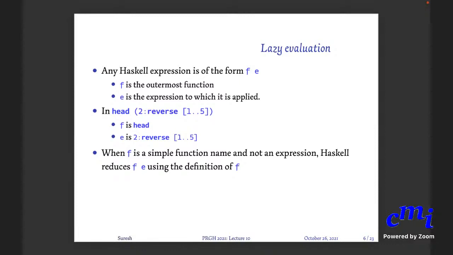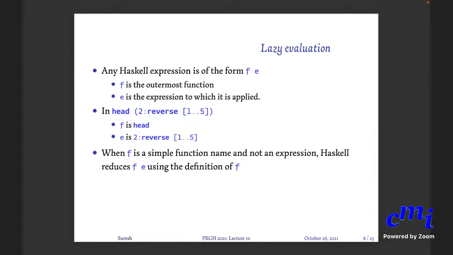Yes, to answer your question, it will try to evaluate the expression. Remember, when I say n, I don't mean a single number. In general, when you call power, you will call it with some expression. So it will evaluate the expression, see what the result is, and if it is 0, it will apply the first rule. Otherwise, it will apply the second rule.